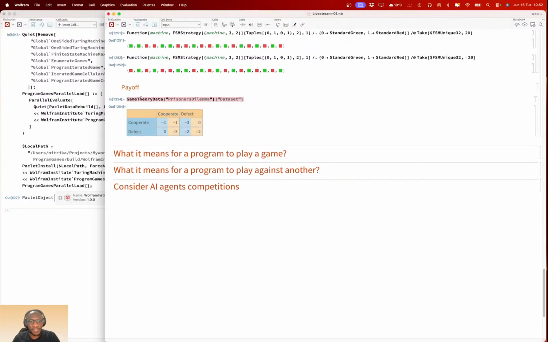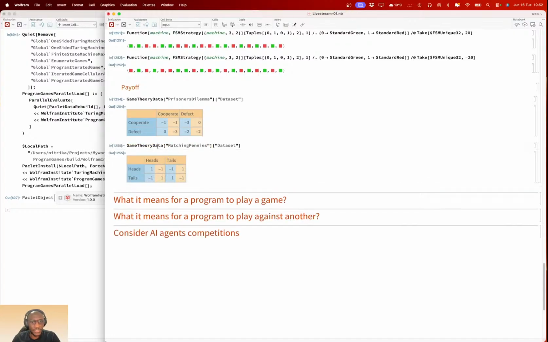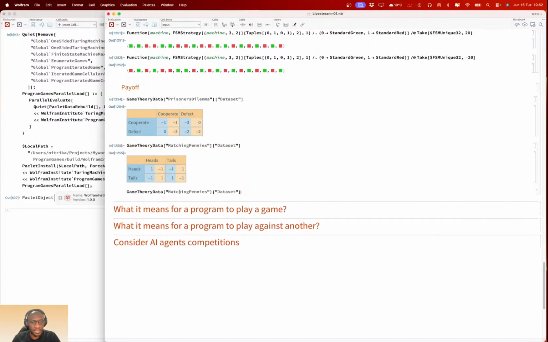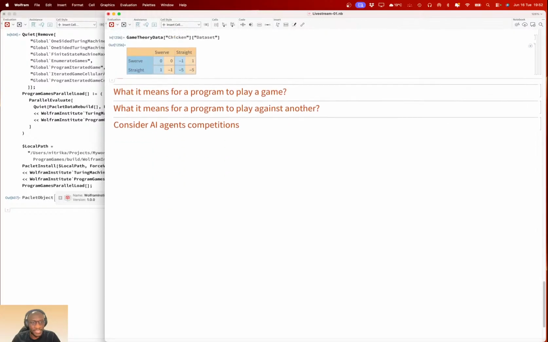There are so many payoffs you can explore. We have matching pennies. We also have chicken. I don't know what chicken is, by the way. Swerve, straight.